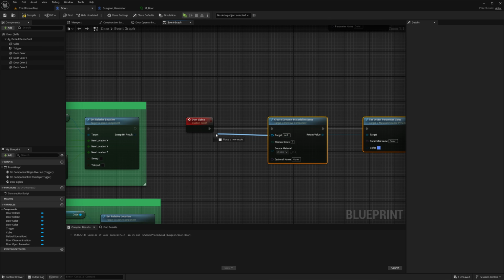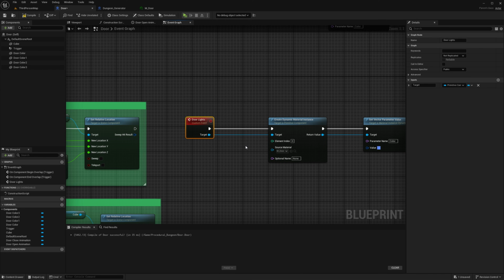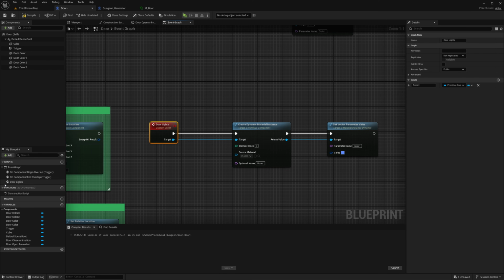Take the target and drag it over here to the custom event, and then we have the target here, which means that if we drag out the door lights custom event, we have a target input here. Of course they're called target both places, so that's super confusing.